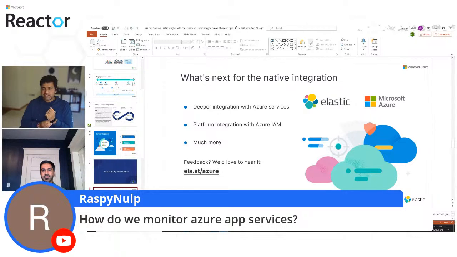So App Services is on top of mind to provide you that end-to-end experience. You can still leverage the diagnostic settings and send the logs, but the kind of experience we showed you with Azure Spring Cloud, that's what we are working on. We'll pick up those logs from App Services and also create a turnkey experience on top of them in Kibana.